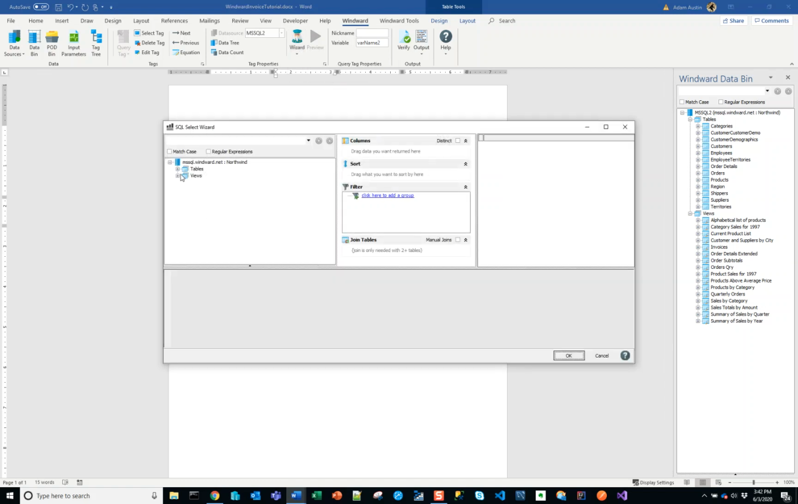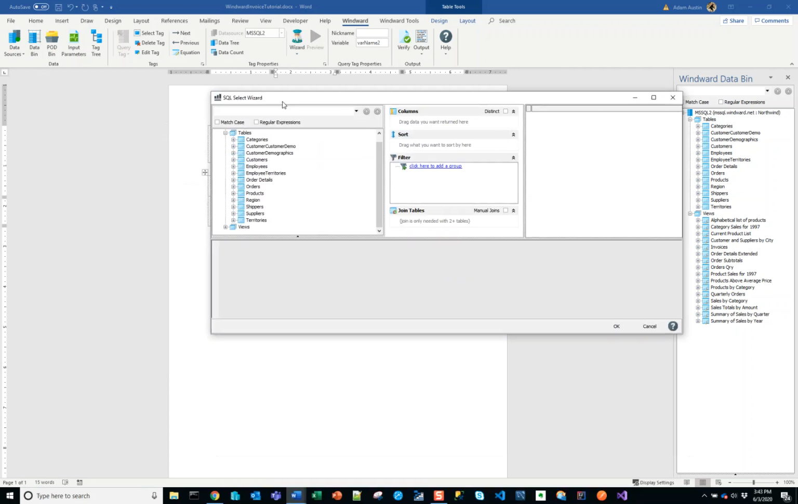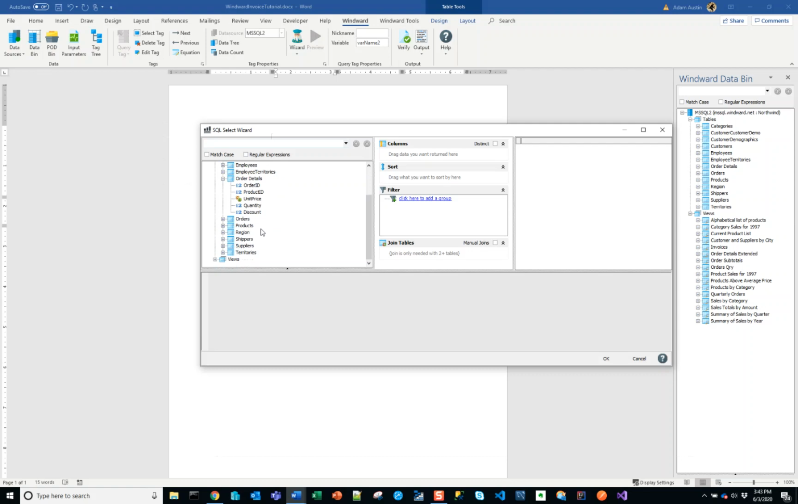All right, we'll open up our wizard and let's see what I'm doing. I need the ship to information. Finding this data. Okay, here we go. It's in our orders table. We already have our order ID. What I'm going to do is